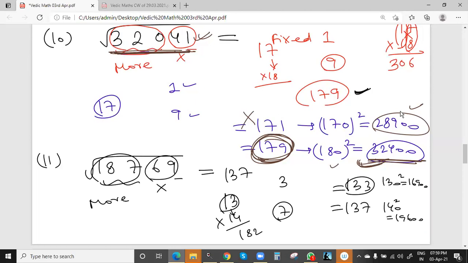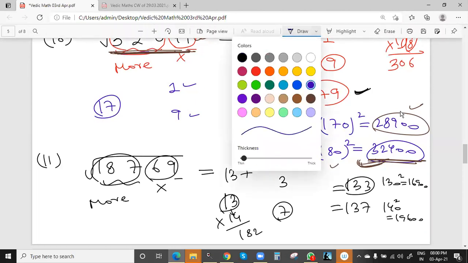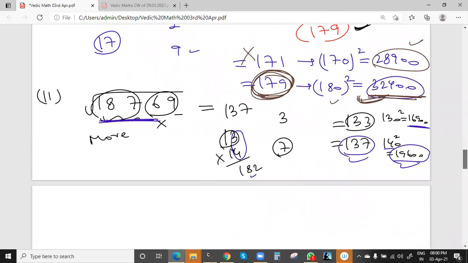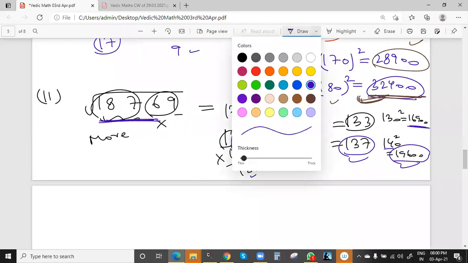Here also, if you see carefully, the near value is 140. 140 squared is 19600. 19600 is near to this value, more than 16900. So 140 is near to this 137, and it will give the answer because 19600 is closer to 18769. Or we can multiply also with the simple method. 4 3 12, 2 carry 1, 7 1 8, and 1 1 1. You know the shortcut method of multiplication. So we'll see one or two questions last.